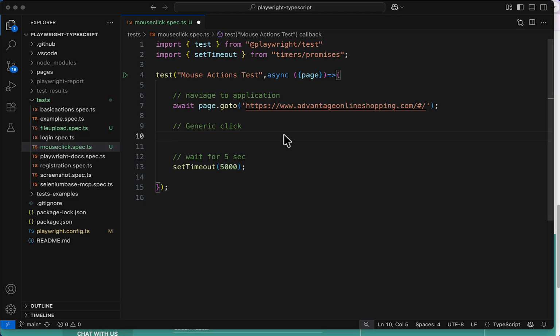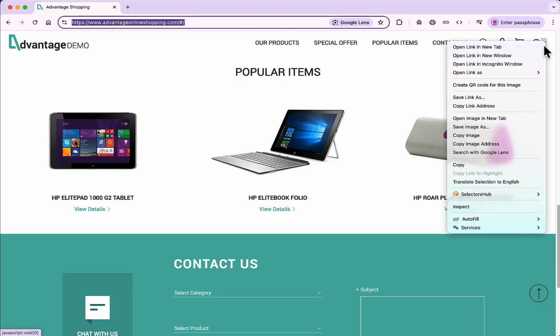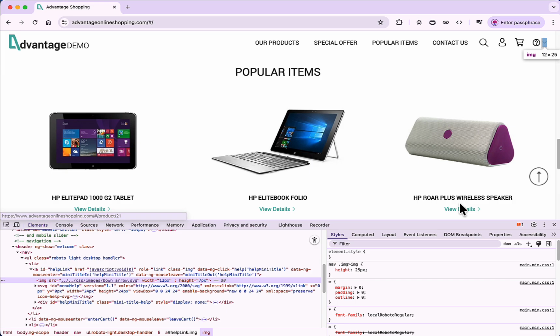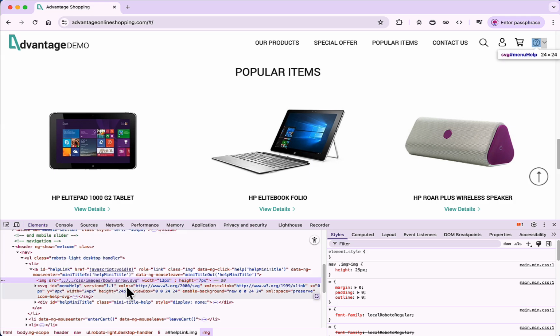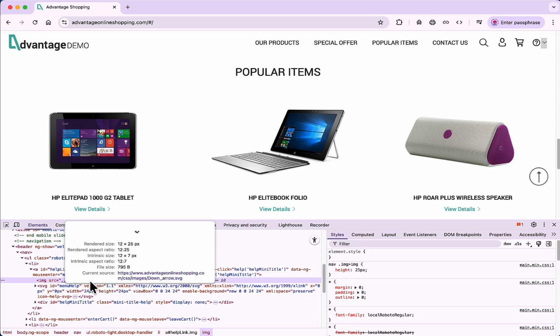Before that I need to inspect the element and find the locator for it. If I right click and inspect, this is the image tag and it has a src attribute. I can take this src attribute, but its value is big, right? So I can see how to get the value which is ending with down-arrow.svg. For that I will do Ctrl F,